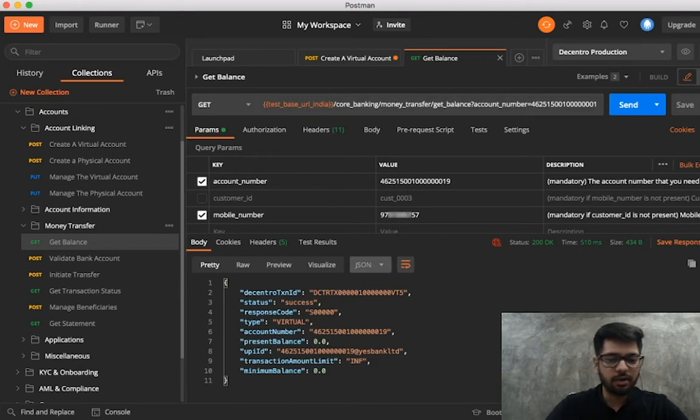I've already keyed in all of the information over here. As you can see, this is from the previous API hit that I did. The present balance of the account was 10 rupees. So now what we're going to do is fetch the get balance API again to see if there's any change. And as you can see, we've got the 10 rupees that I just transferred from PhonePe reflecting in the balance as of now.